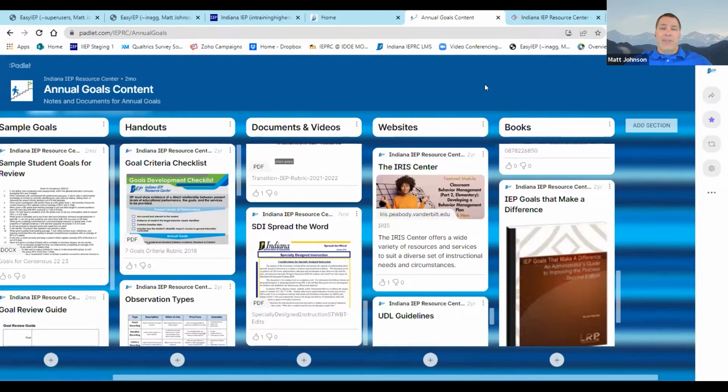One thing I want to make clear is as we work through this together, that this is an enumeration of the process of developing annual goals. We'll talk about writing annual goals and look at a few together, but I want to make sure that you're aware of what's coming, that we're going to spend some time setting the stage for goals, looking at the process together and understanding how we build toward an annual goal, how it's connected to what we do every day with a student, what we're developing in the IEP and the rest of those components.